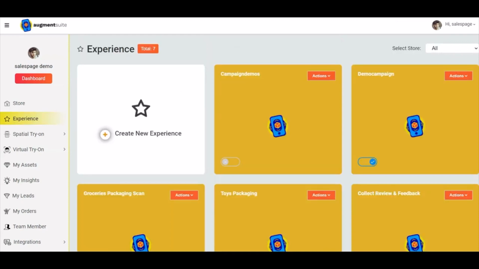There's so much more that you could do with Augment Suite, which cannot be covered fully in this short demonstration. We have step-by-step training videos that will guide you through the process of creating engaging campaigns. But all I can say is, it's super simple to create augmented reality campaigns using Augment Suite, even if you